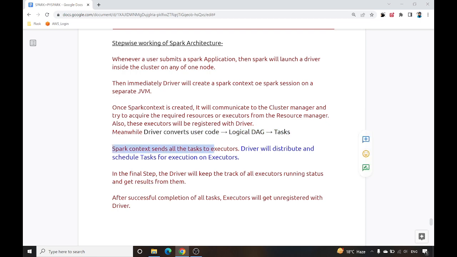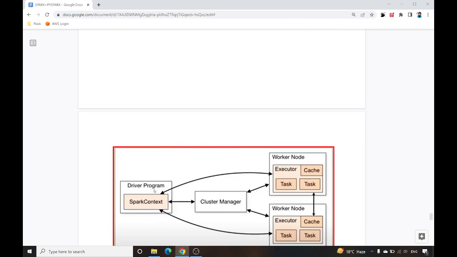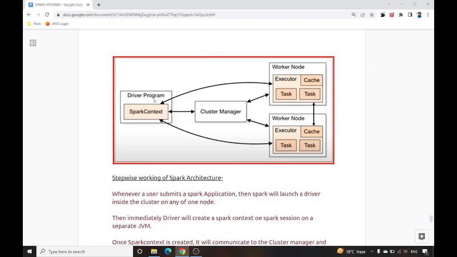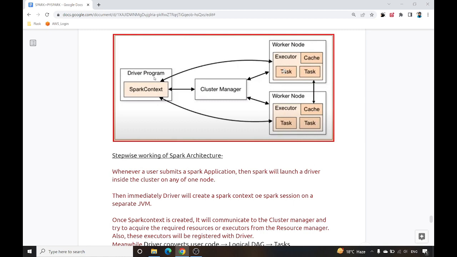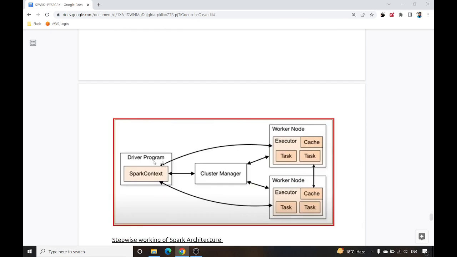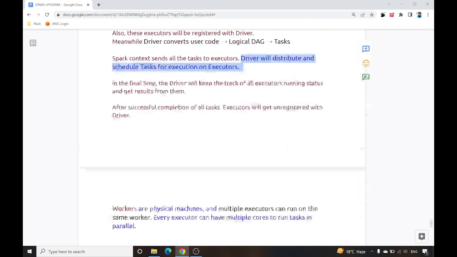Spark context sends all the tasks to executors. Now the tasks have been sent to executors. The driver will distribute and schedule tasks for execution on executors. Once we send all the tasks to the executors, the driver will distribute and schedule these tasks for execution on the executors.